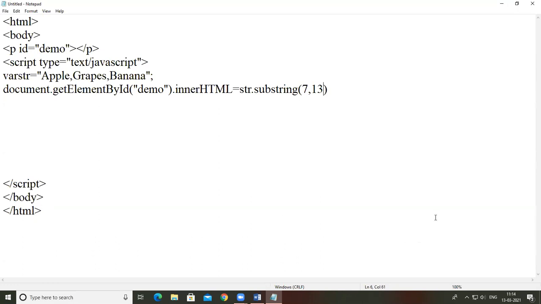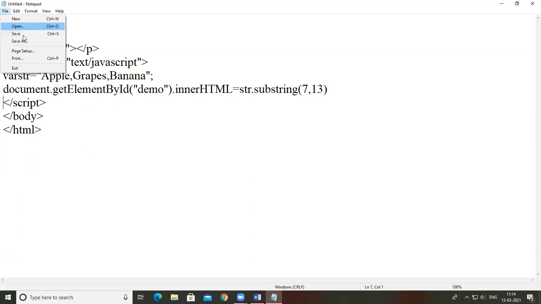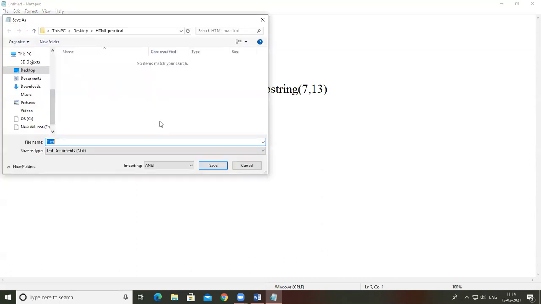So see how it works. I'm saving this program as stringobject.html.